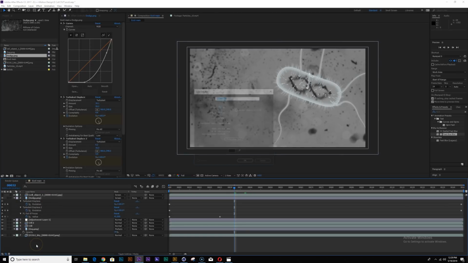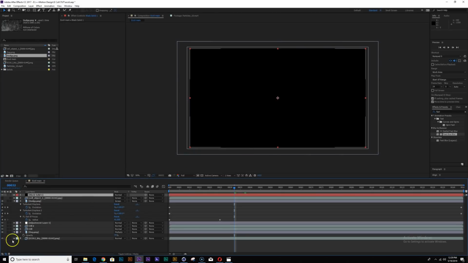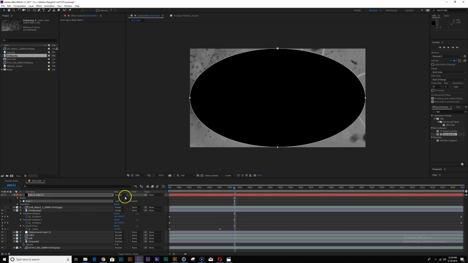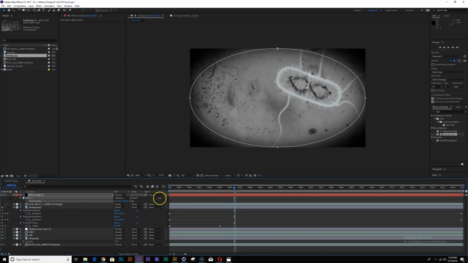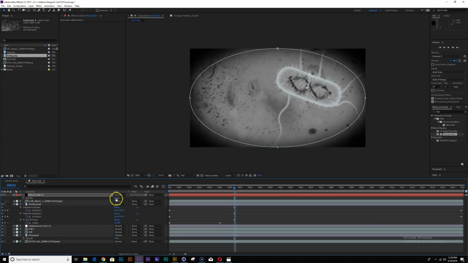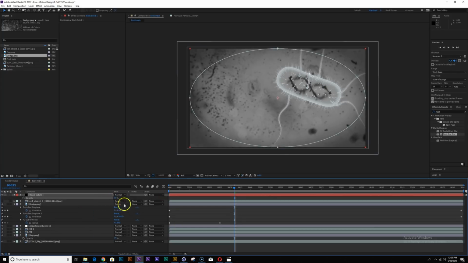Let's add a black solid to the overall thing, and I'm going to my circle tool, double click, subtract, and I just feather this out to create kind of a vignette effect here.